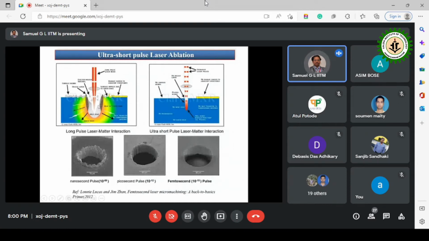And also when you look at the phenomena of cutting with lasers, if you use microsecond lasers, they are called pulsed lasers, but femtosecond lasers are called ultra short pulsed lasers. So here we see that there is a heat affected zone, and also the cut which we make will not be very clean. So this is the way we get. But if we use a femtosecond laser, we can clearly see that it's a very neat kind of a cut.